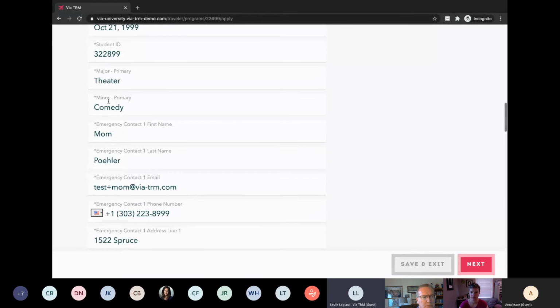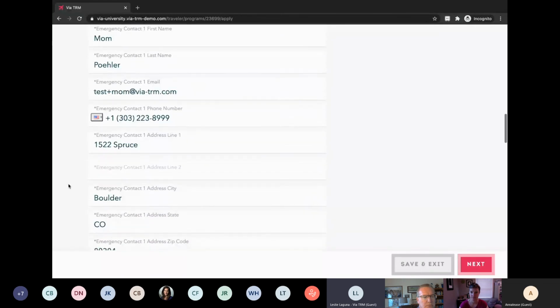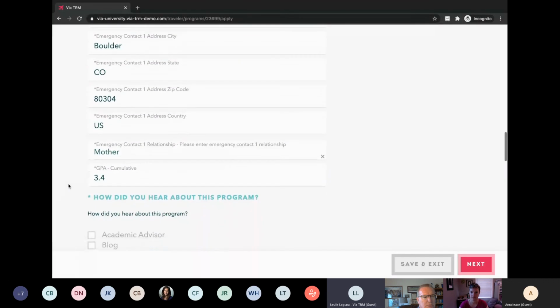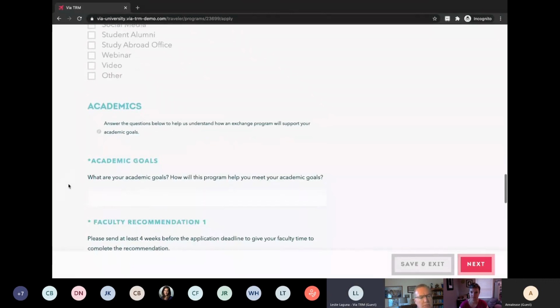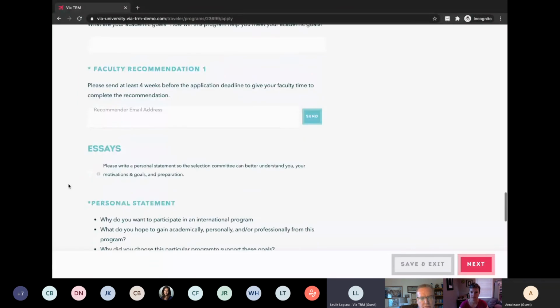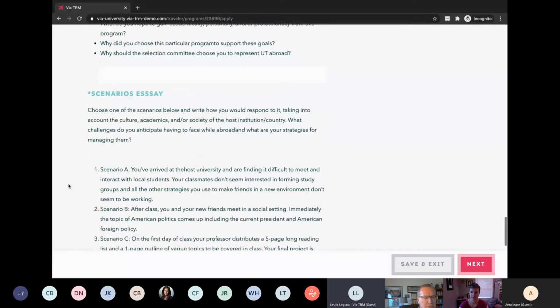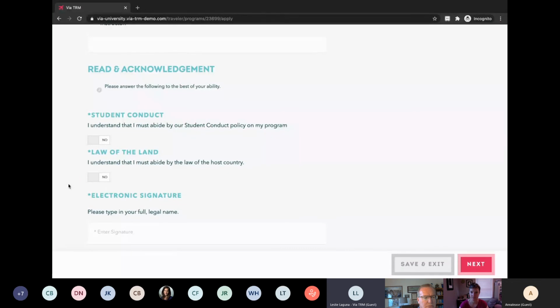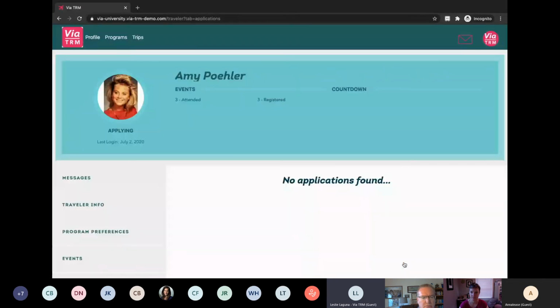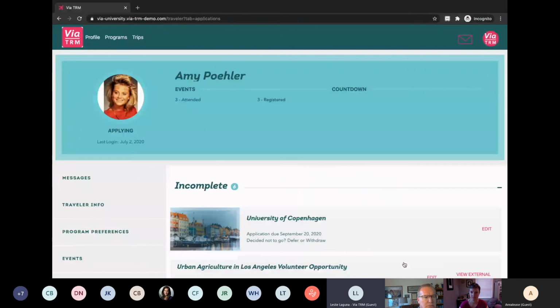So all of this information was on Amy's traveler profile, and we're going to take a look at that right now. This is just an example of what an application could look like. It's pretty lengthy, but that's what a traveler application looks like. We're just going to click save and exit because I am not going to fill out that information right now,